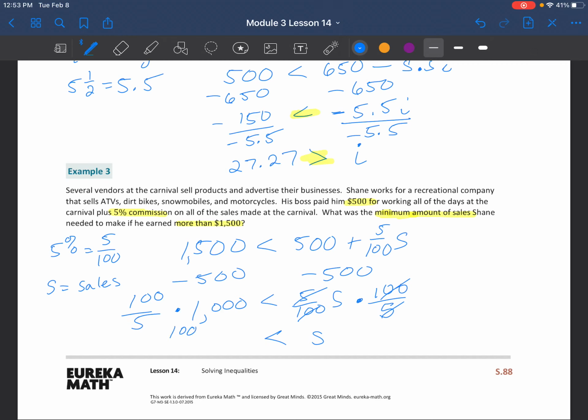And we're also going to multiply this side by 100 over 5. Now, I can do some cross-canceling here, or I could just multiply across. So 100 times 1,000 is 100,000 over 5, okay? And so S has got to be, if I end up doing the division here, then I end up with 20,000. So what does this mean? He has to make a minimum